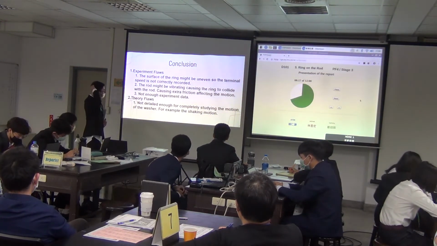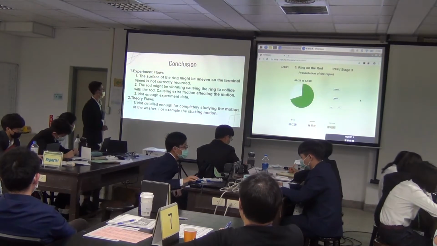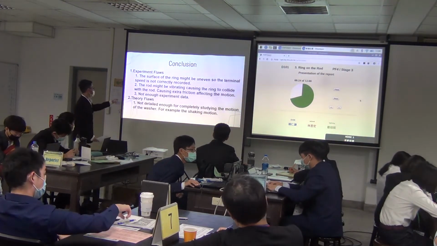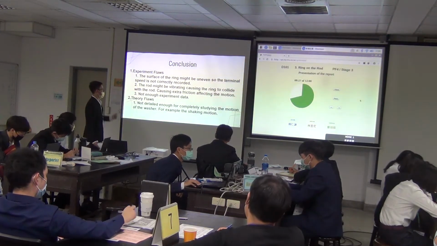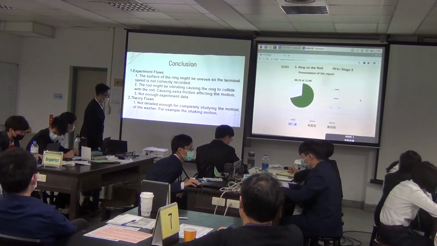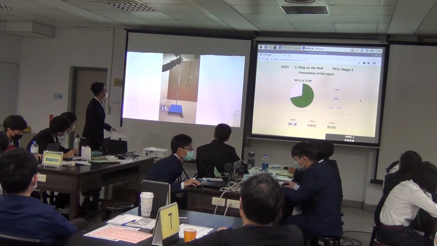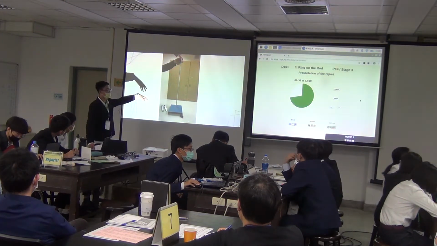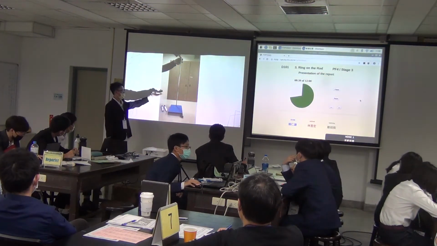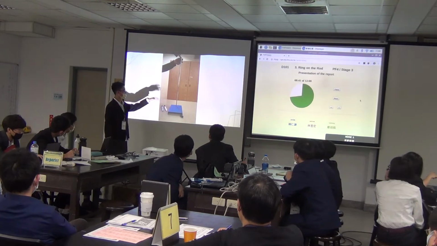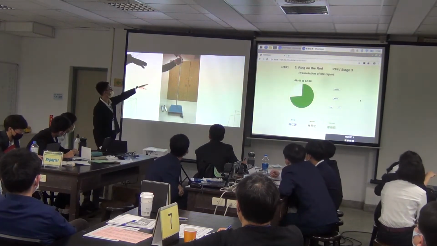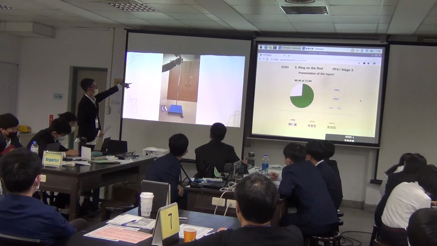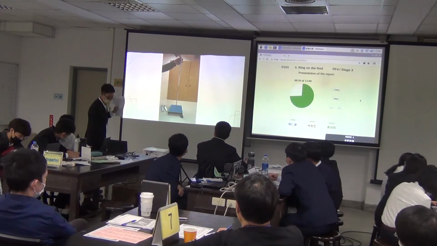And the second, the rod might be vibrating, causing the ring to collide with the rod, causing extra friction affecting the motion. So, the explanation of the second point is when we were doing the experiment, I used my hand to hold the rod, because if I didn't do that, the rod would just fall over. And when I did this, I felt the vibrating of the ring, and I think that is a great factor